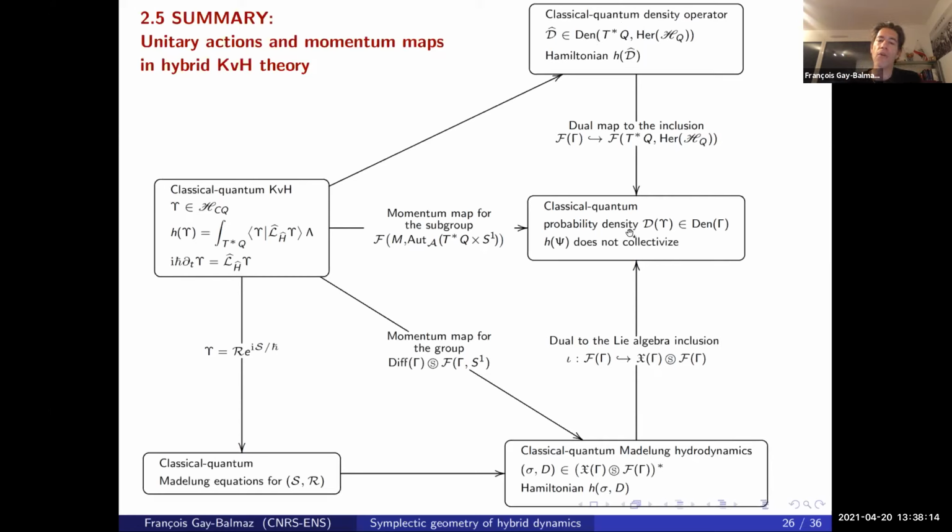All these maps are logically related, but here the Hamiltonian can be written in terms of D hat. But since this is not a Poisson map, there is no push forward of the dynamic through this map. This is a Poisson map, but this map does not collectivize, so there is no closed equation for D. However, here it does factorize, so we have a closed equation for the hydrodynamic version of this